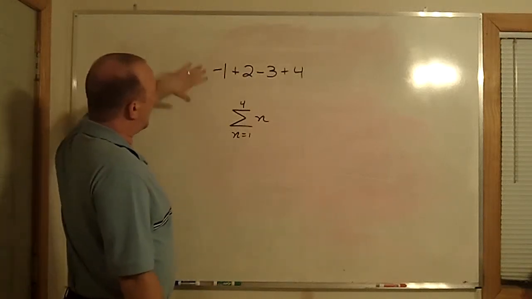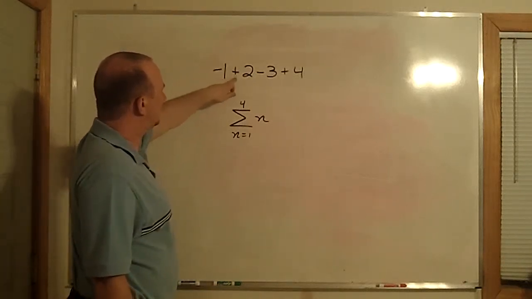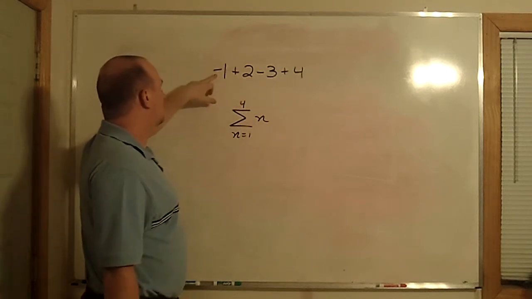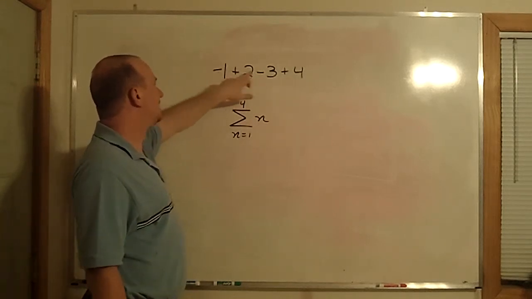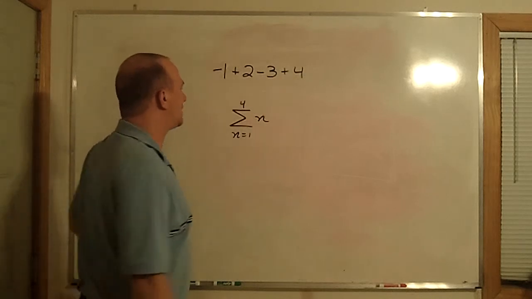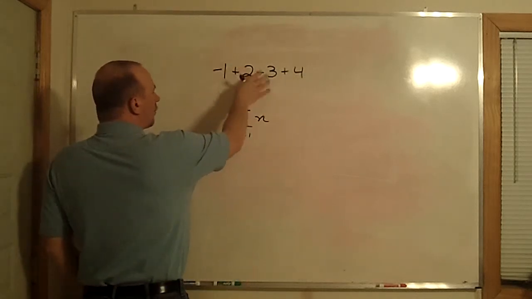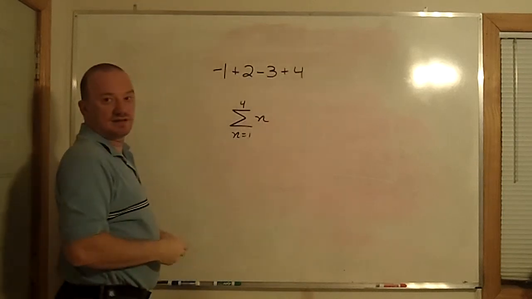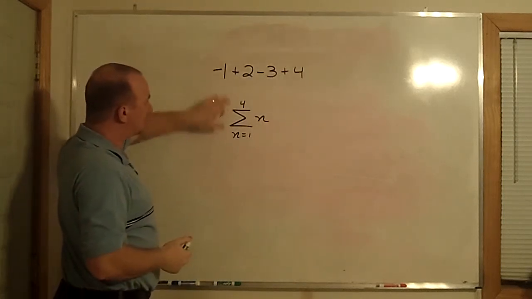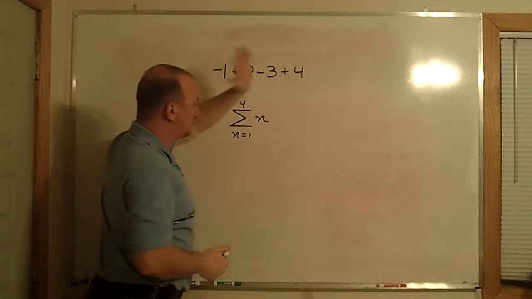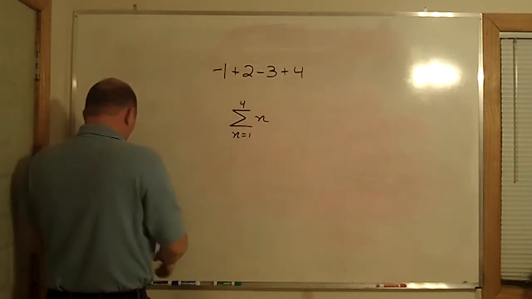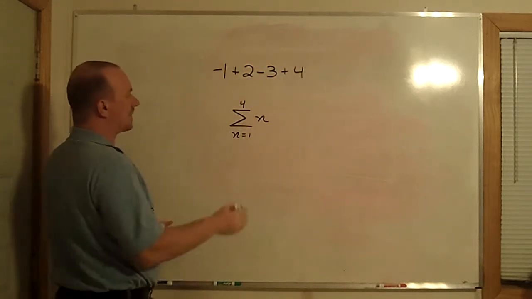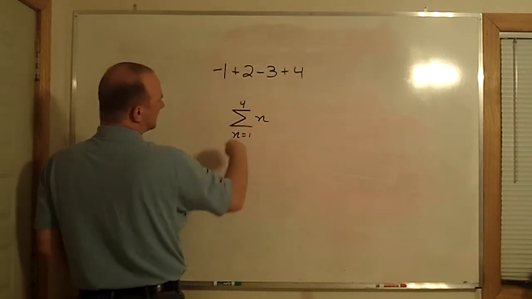This problem has alternating signs. Starts off with a negative, a positive, negative, positive. Our goal is to write a summation notation for this series of numbers, whichever one you prefer stating. If we use this as a starting point,